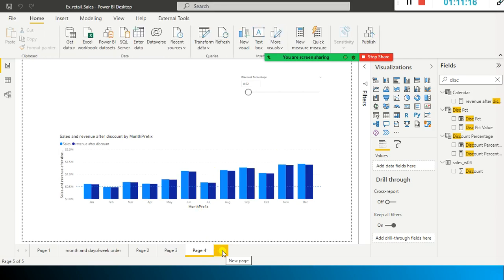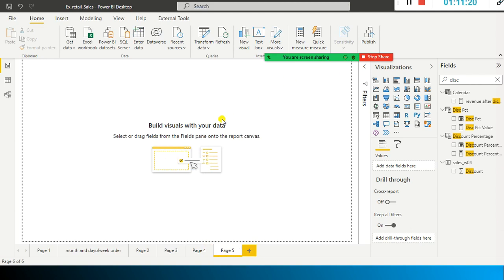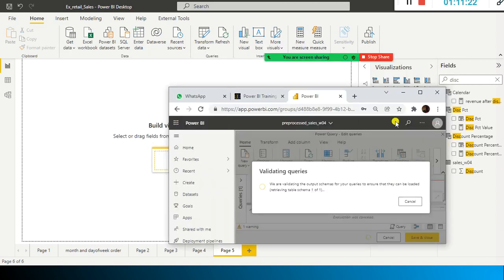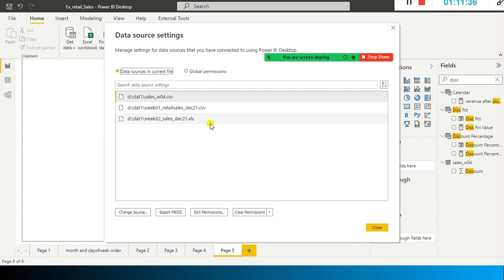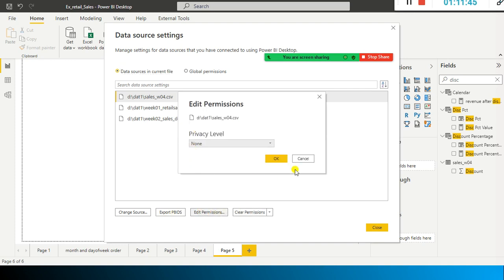So the next step is, once this has been created, how do I import it here? Just go to transform data, data source settings, select this one, and look at export as PBDS, edit permissions, privacy label, organizational, public.